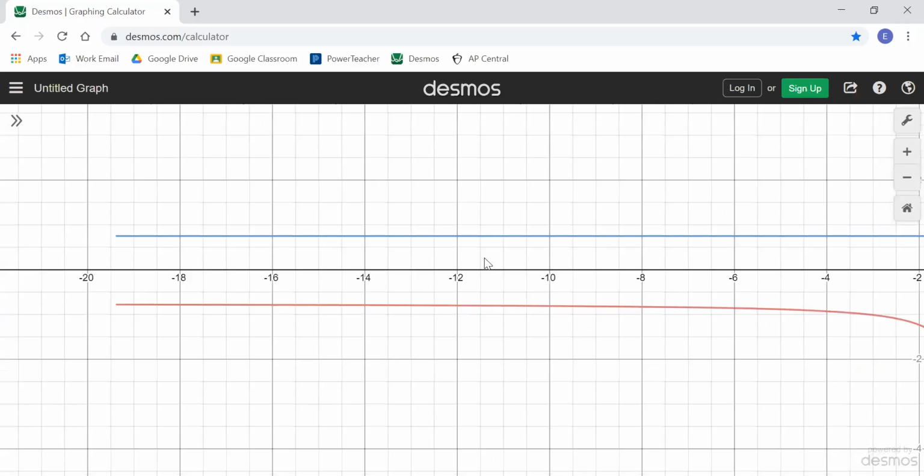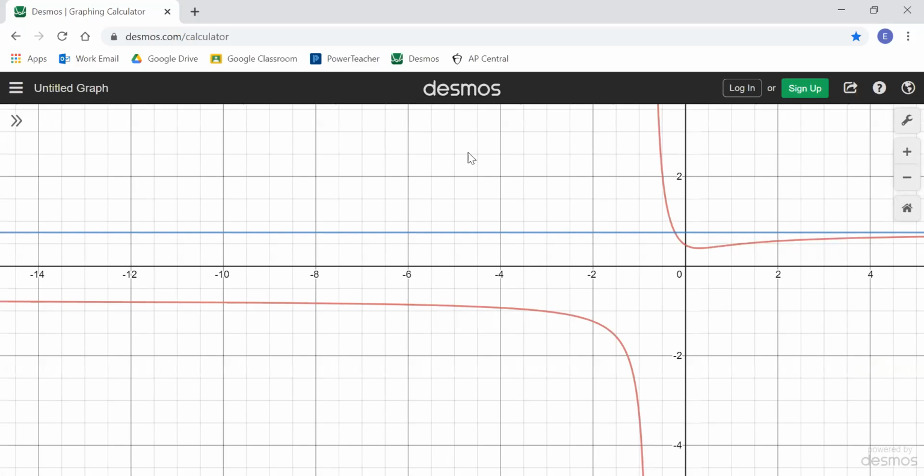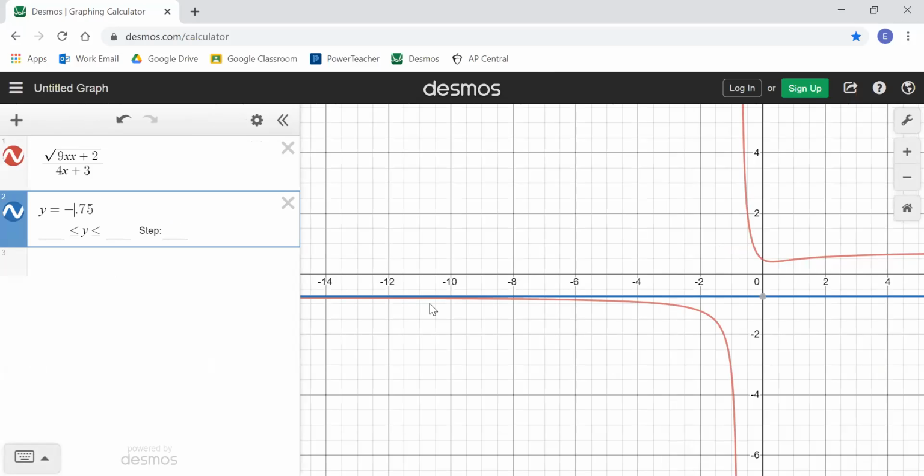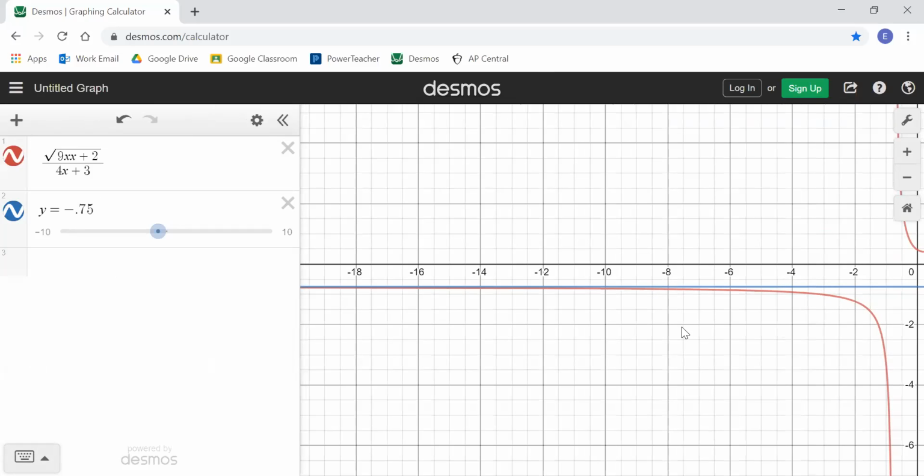It looks more like it approaches negative 3/4. It certainly does, right? It looks more like it's approaching negative 3/4. Let's just for fun put in negative 3/4. Oh, geez, that looks perfect. It looks like it's just coming right up against that line y equals negative 3/4, which would tell me that